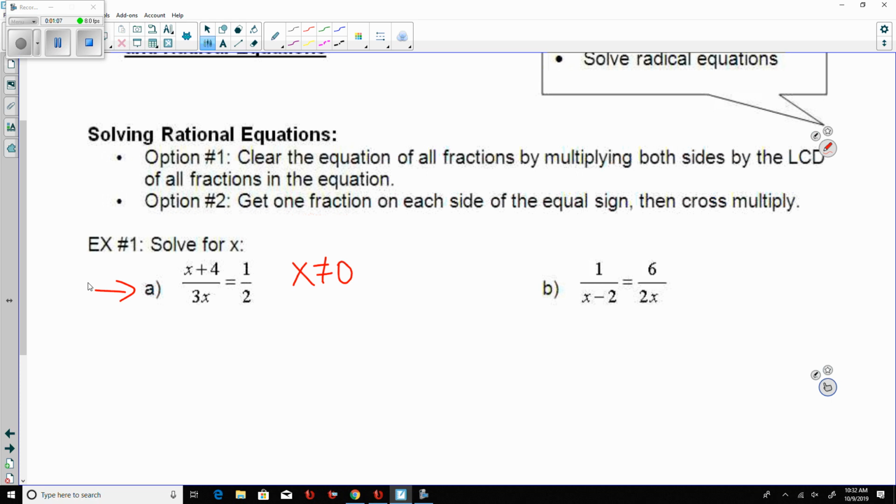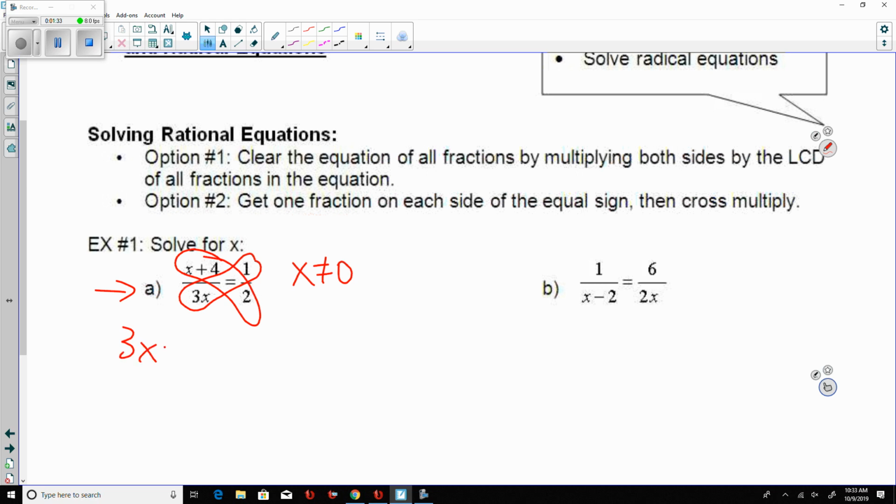Now, it says here, option 1, clear the equation of all fractions by multiplying both sides by the LCD of all fractions in the equation. Option 2, get one fraction on each side of the equal sign, then cross multiply. If you can, it'll be easiest to get one fraction on each side and then multiply. Since I have a single fraction on each side,